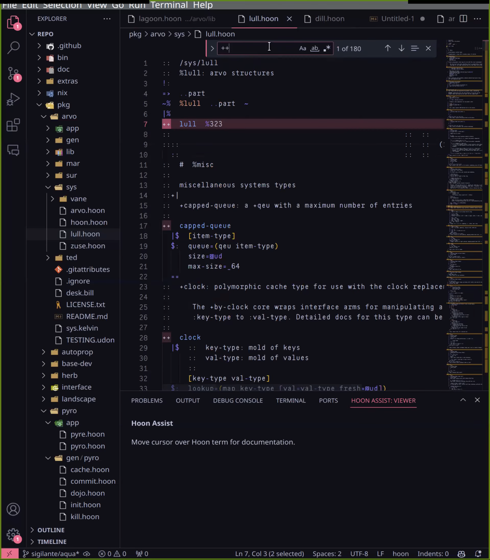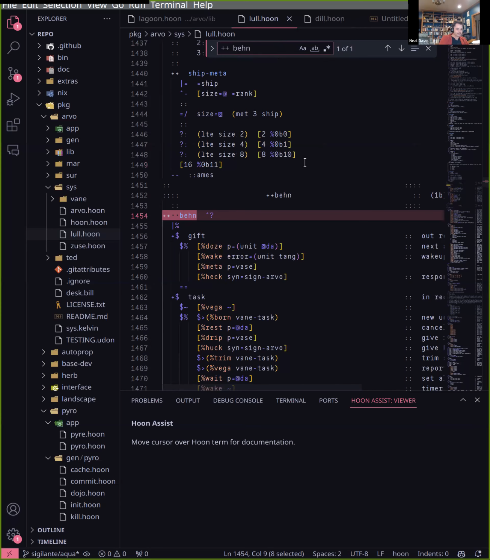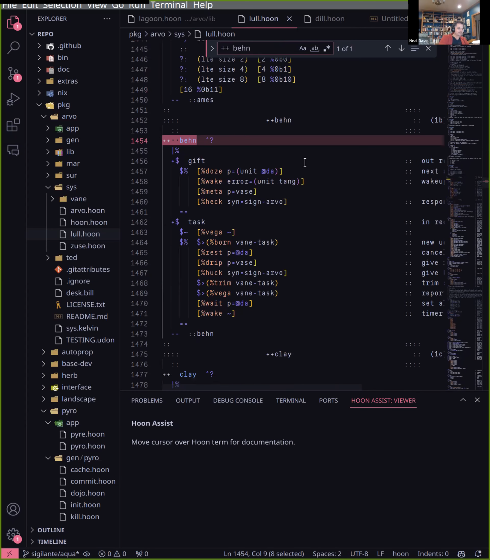Okay, let me go to Behn here. All right, so we're going to start with Behn. It's a timer and it's a wake-up call system. That's all it does. So if we want to run something in Behn,